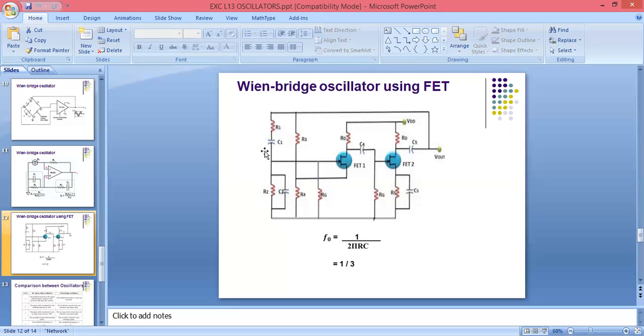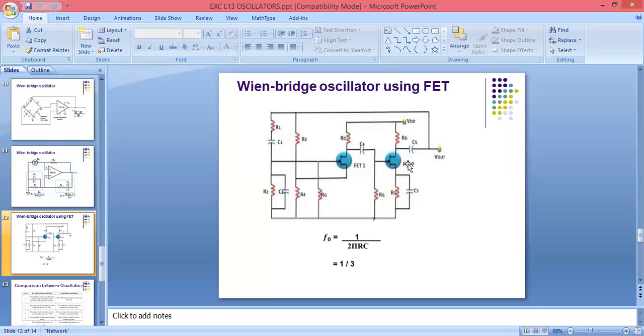What we are doing is giving both of these as feedback to the gate terminal. And if the values of the resistors are the same, then it becomes R square C square under the square root. So you will get the output frequency as 1/2 pi RC when the values of R1 and R2 are equal and C1 and C2 are equal. And the phase shift will be 180-degree for this and 180-degree for this. We are using a two-stage RC coupled amplifier, so we will get a phase shift of 360-degree.